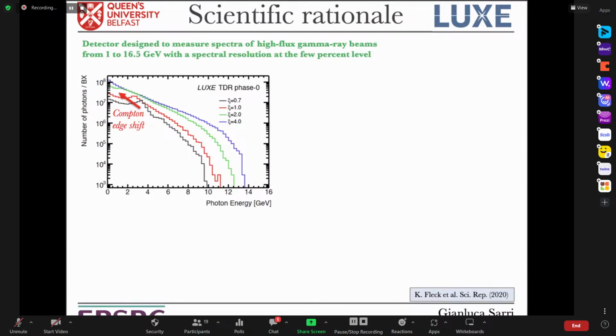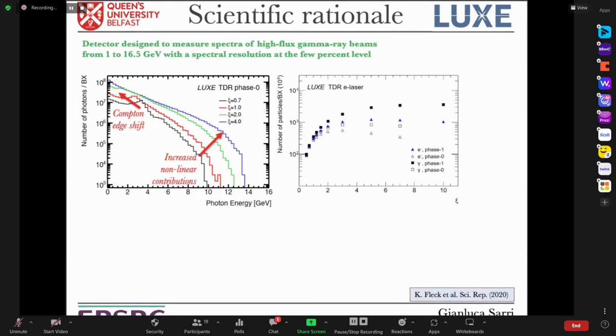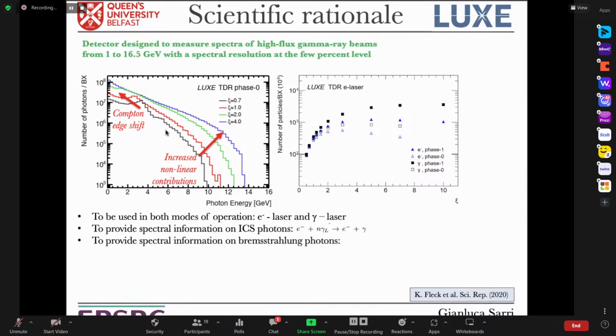You see the gamma ray spectra that you would expect with the Compton edge and nonlinearities, and of course there's a lot of physics that you can study in the gamma ray spectra. For instance, you have the shifts in Compton edges due to the electron mass shift in the laser field. You have nonlinearities, so multiphoton Compton scattering, and you can study the level of nonlinearity of the